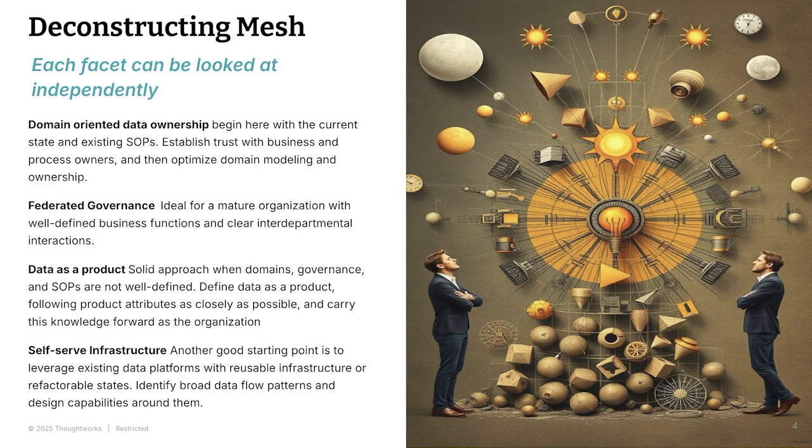Although these principles complement each other, you don't have to pick all of them. You can pick and choose each one of these based on your organization's data maturity. If I'm a startup, I might not have different departments. There is one person who is doing finance, marketing, HR, everything. So how do I create domain-oriented boundaries, right?